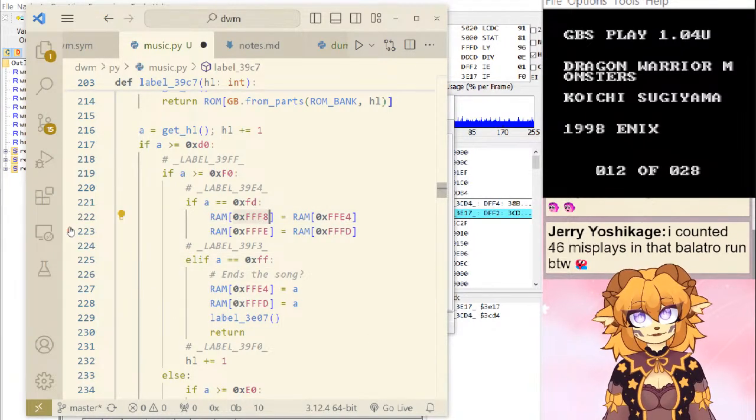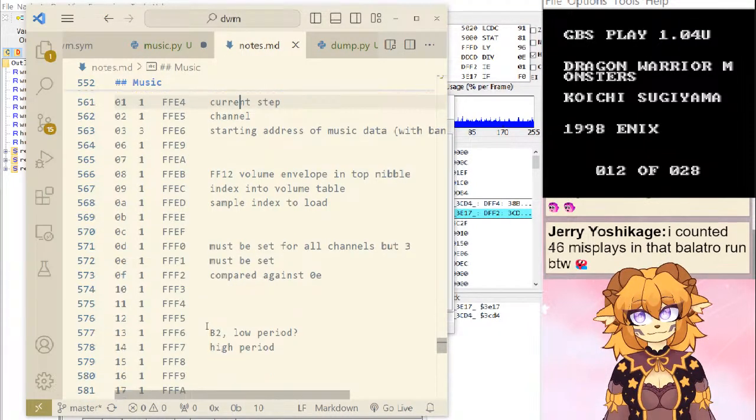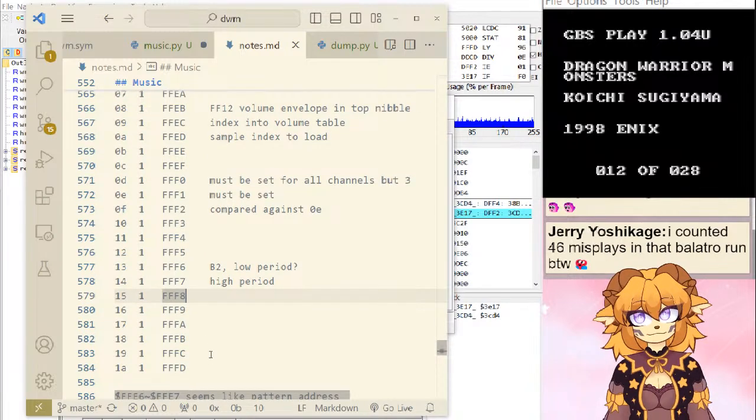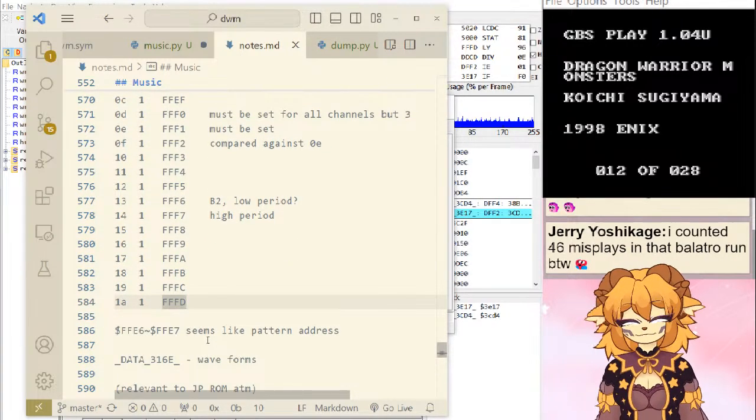So what is FFF8 and FFFE? Do you know? We don't even have FFFE on here.